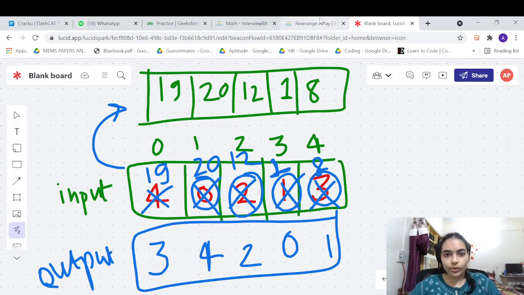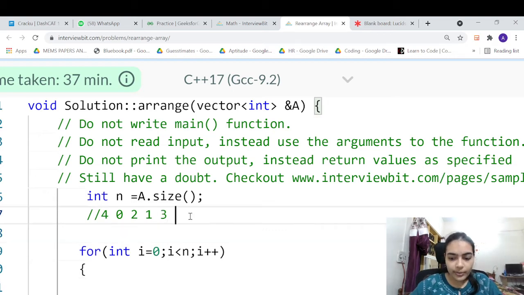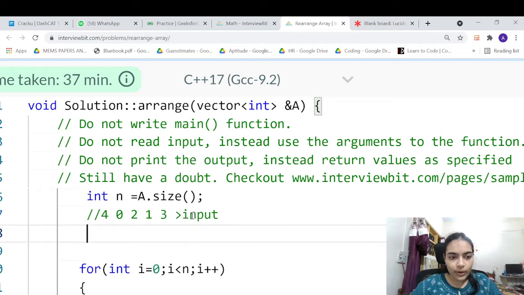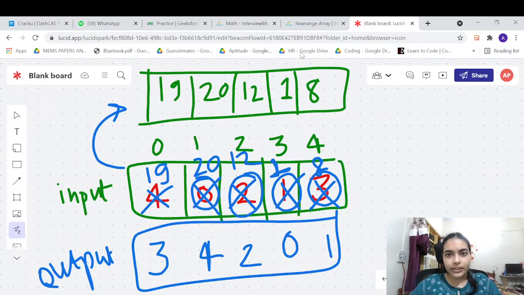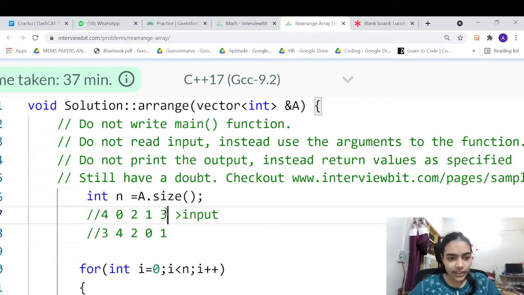Array is 4 0 2 1 3. This is the input array. What do I want to convert it to? I want to convert it to 3 4 2 0 1. So at the 4th index you have 3, so you want to store 3 here. At the 0th index you have 4, so you want to store 4 here, and so on.